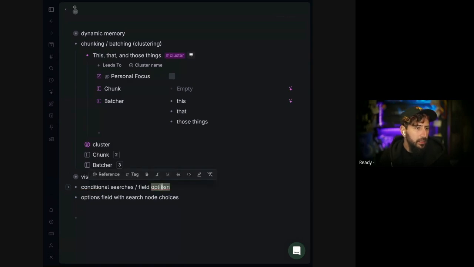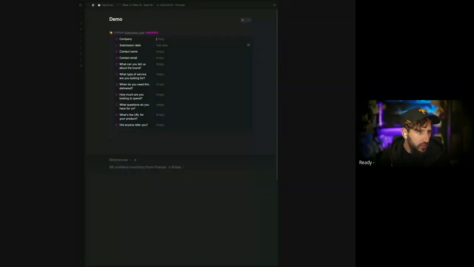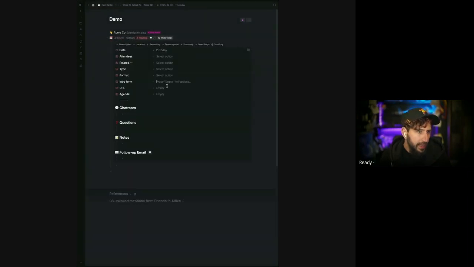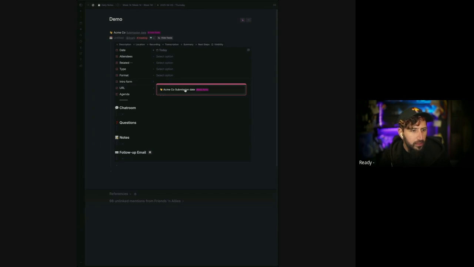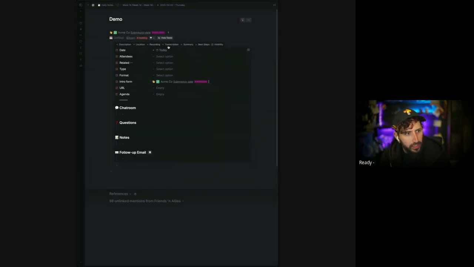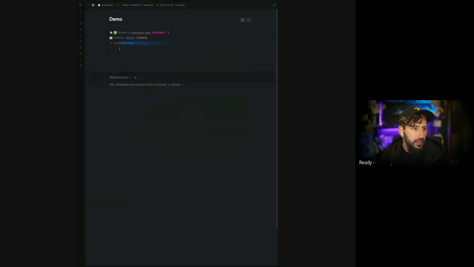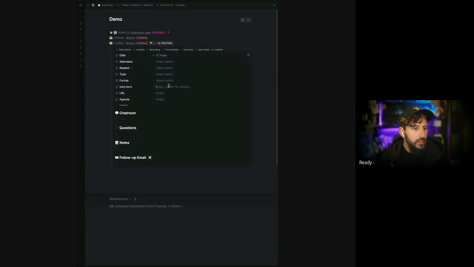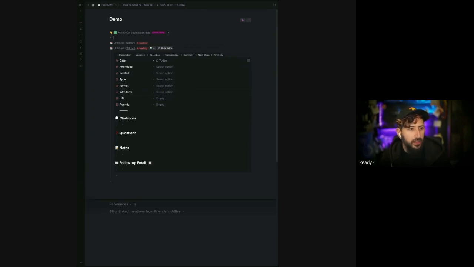So if I do an intro form, this would normally be filled in by the person filling the form out, right? So let's just say Acme Co, whatever. And then if I have a meeting and that meeting has an intro form, it'll only show me Acme Co, and then it will automatically check it. So then the next meeting I do, if I go into the intro form, I'm pushing space and there's no more available there, right? Because it got checked off. So if somebody else filled an intro form out, Acme 2, whatever,